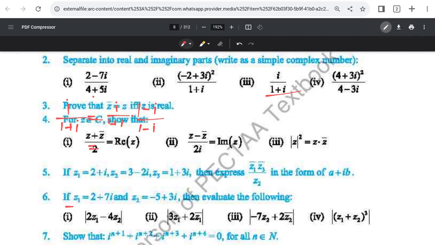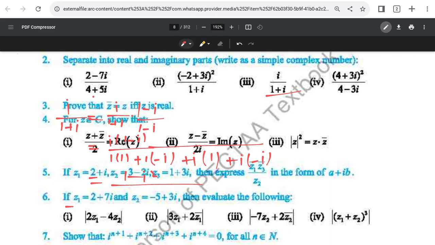It will become iota into 1 minus iota over 1 into 1 plus 1 into minus iota, then plus iota into 1 and plus iota into minus iota. So now, when we simplify it, it will become iota minus iota square,